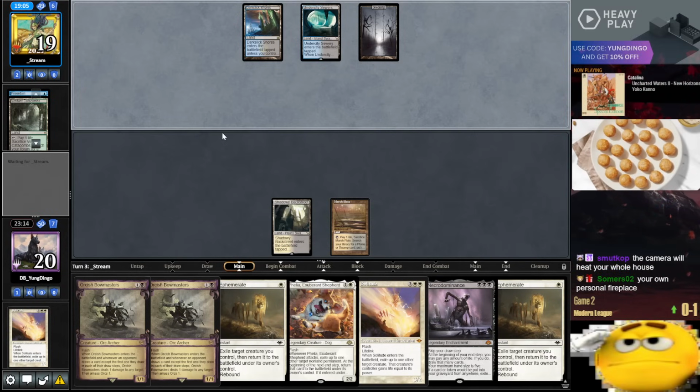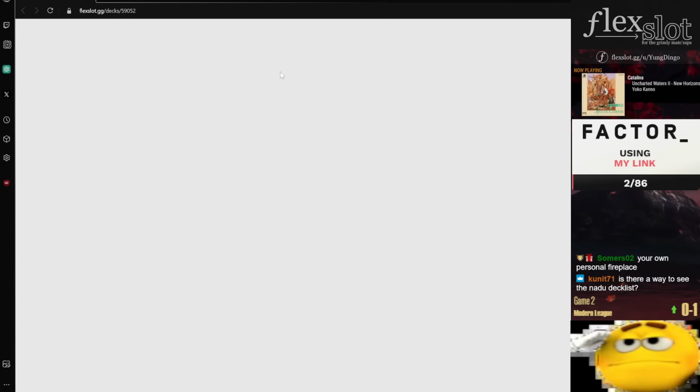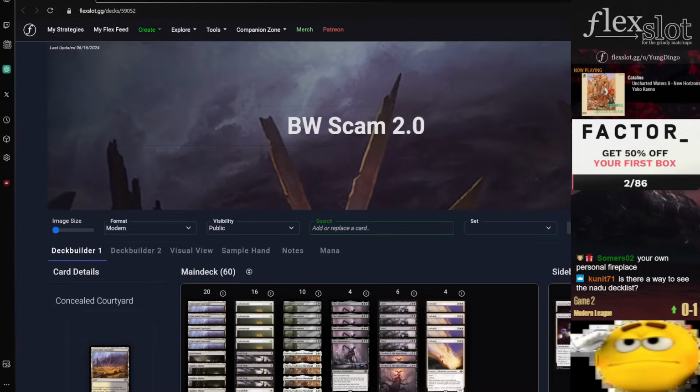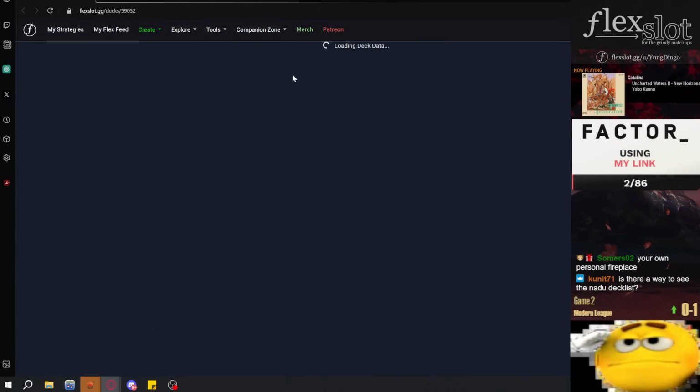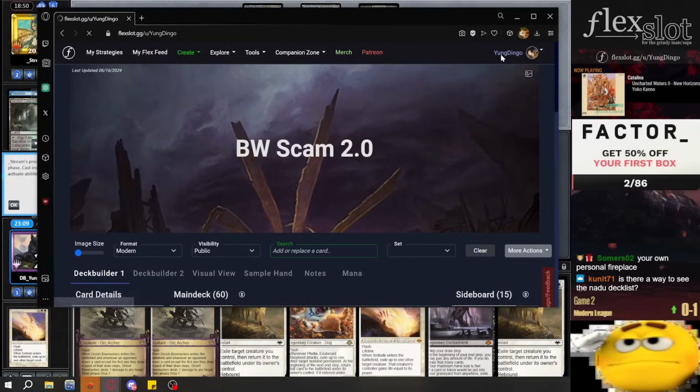Alright, well, opponent seems to be AFK. Yes. If you click on the flex... Okay, let me show this. Let me teach. So this is the black-white scam. If you click on the black-white scam, and if you go to... shoot, hold on, I gotta teach myself. It's broken. Hold on, there we go. So, for me, I can go to this